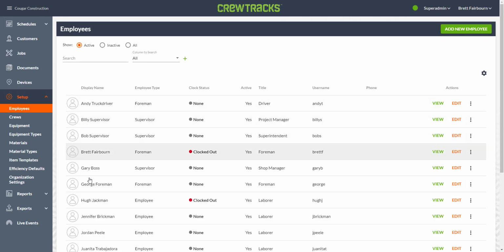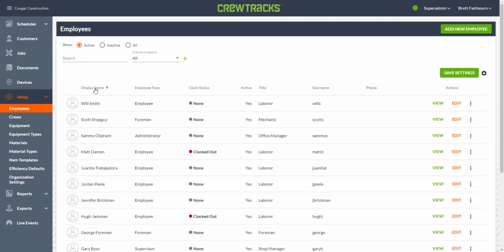Now let me undo that search and now let's just sort by display name. In fact, by default it's already sorted by display name, so the first time I click it just lets me know, yep, it's sorted. Click again, it sorts the other way. Look at that, Will Smith towards the end of the alphabet comes right to the top. In fact, you can sort by any of these columns. Click once to sort in alphabetical order, another to sort in the opposite order,